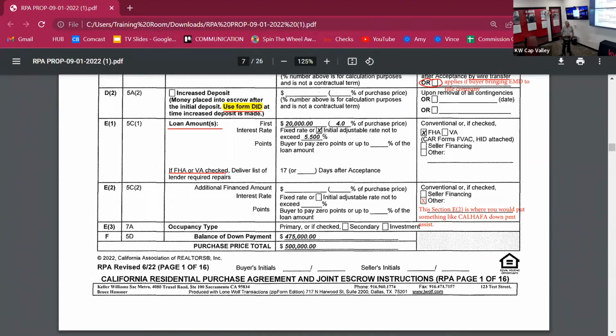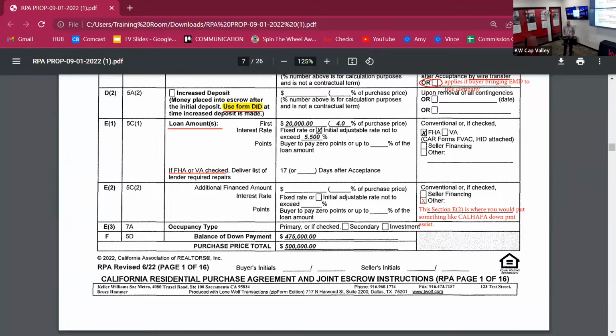So that particular field, remember I told you earlier on in this class, I said the form is pretty simple. Just fill in the blanks. It's the stuff that you don't realize, the stuff you don't know, that bites you. Well, this is one of those little fields. So let's just say this person was qualified at this time for a